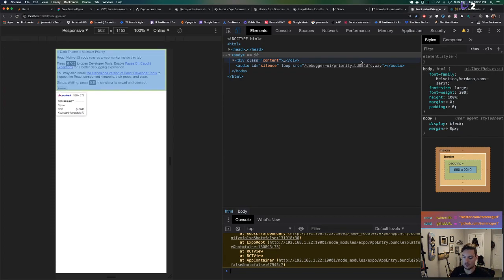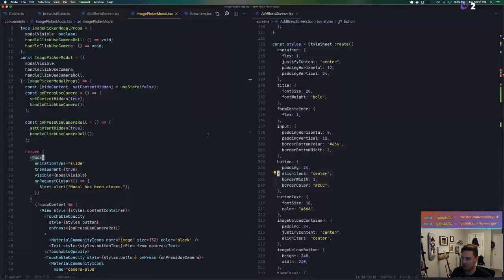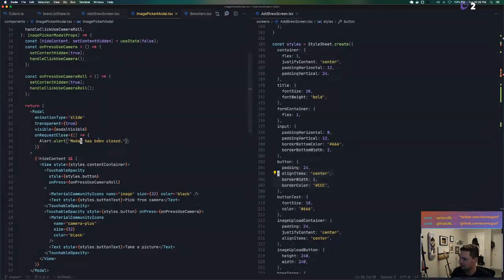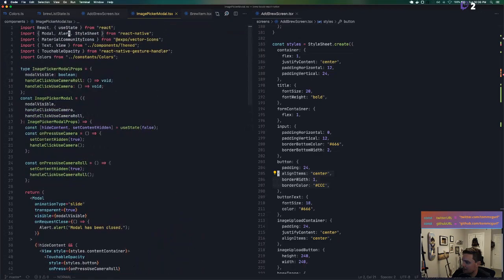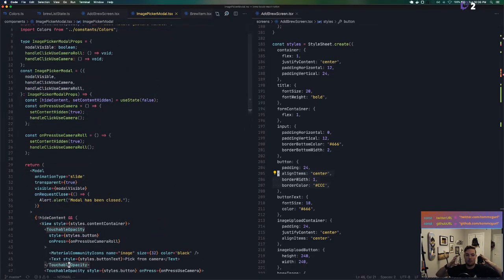Also, when I hit back, it should close the modal. So what we'll want to do is add that functionality. So I'm going to do that really quick. So on request close modal, we're going to want to handle that. We'll actually allow someone to pass that in. So we can do a few things. Since this is just a modal component, we can allow the parent to pass in any of the child properties. And the way we would do that is we would have the properties for this extend the properties